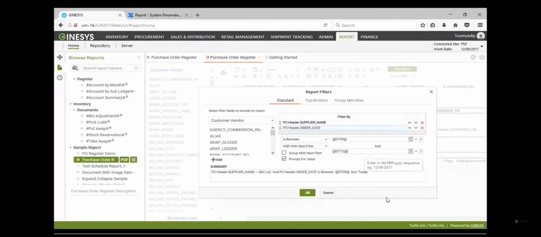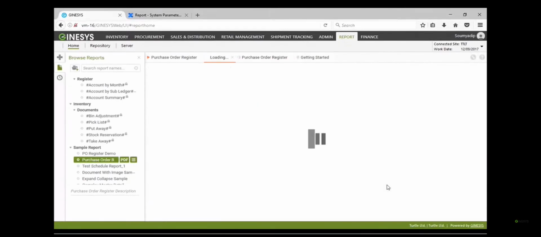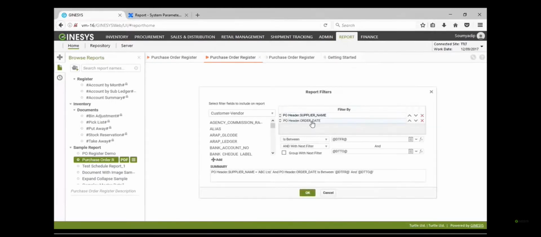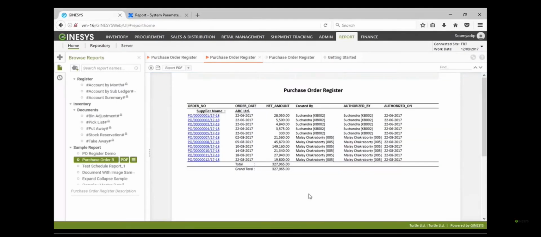And if I press OK, what will show? Just check it out. I use the parameter in the report, then the parameter window will pop up. If I change the parameter to 11.9, okay, then the same parameter values will take place here. And if I press OK, then the report will run. See, it is coming for this fiscal year. Complete accounting period it is taking, right?